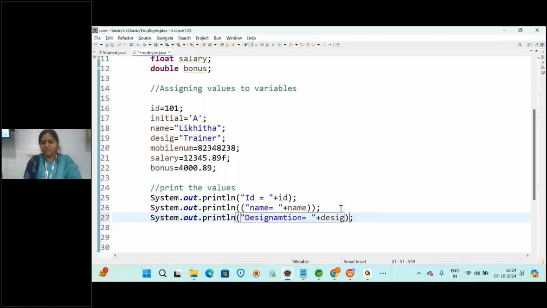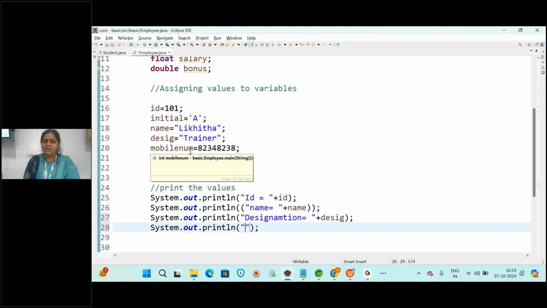Desig. Now, ma'am, for everything I wanted to print in a new line. If I want it in the same line, is there any other option? Instead of println you can give what? Print, to come in the same line. And you can also write like this. See here, system.out.println, next what we have to print? Mobile number, salary, and then what? Bonus. So here I'm going to write mobile number is equal to